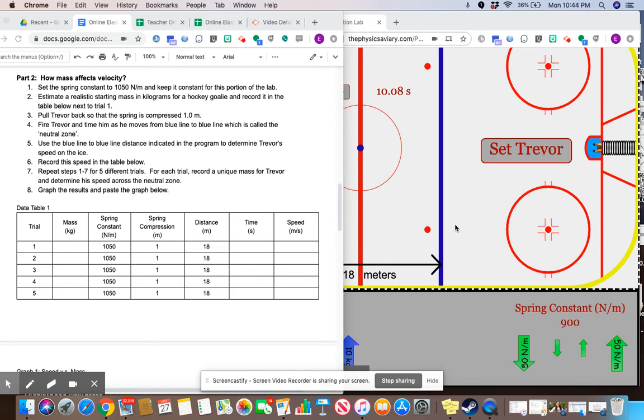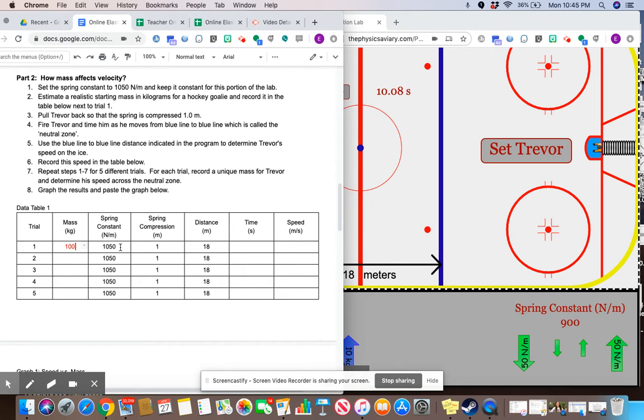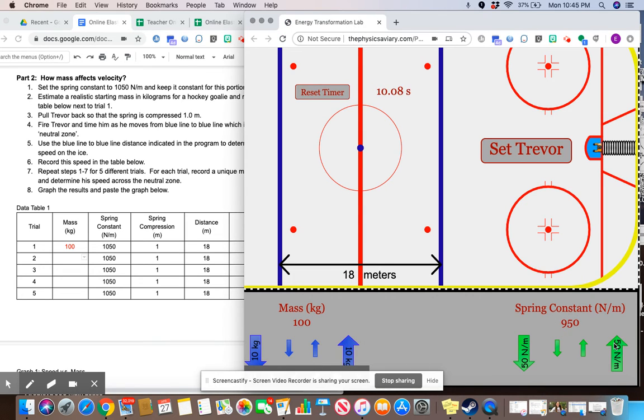Okay, so you'll change the mass. You again can do so using those arrows there. So let's say that I start out with 100 kilograms. Okay, you can start out with 90, etc. You can go to 110. Let's go up by 15. It's 115, 130. Okay, up to you, but you want to move up at a consistent rate for 5 different trials. You want your spring constant to remain constant, your compression to remain constant,